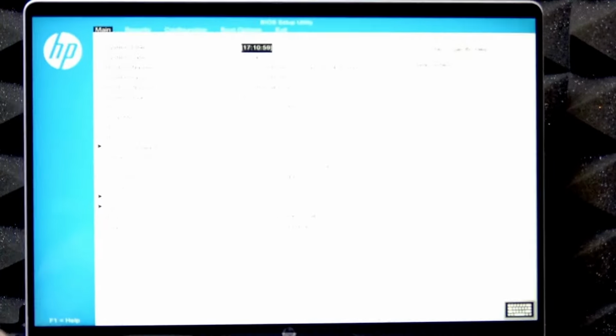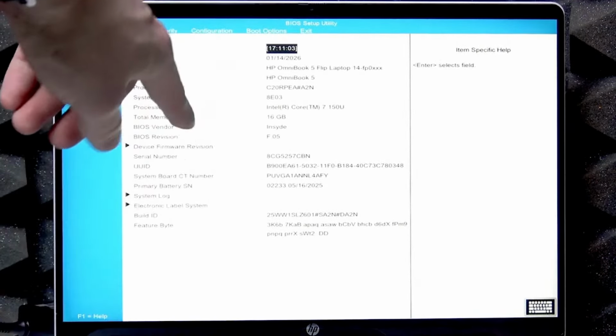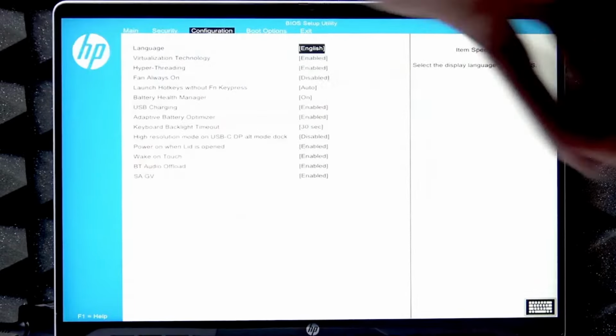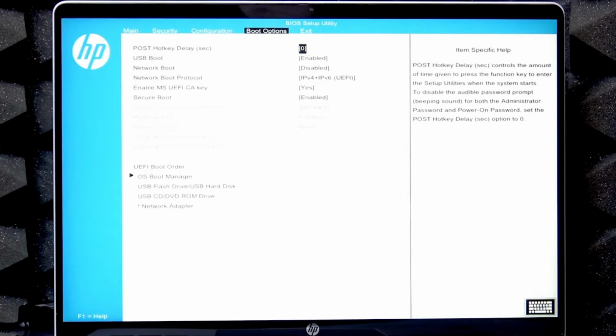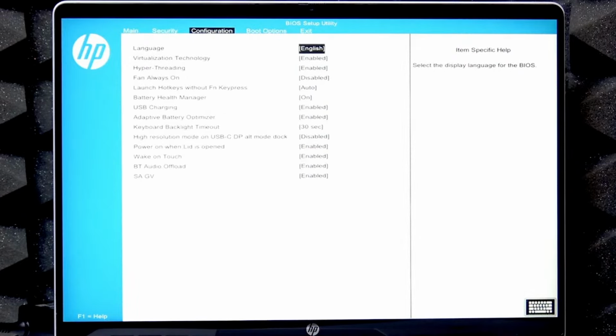And once you are in the BIOS menu, you'll be able to navigate using the touchpad of your device, or you can use the touch screen, or you can use the left and right arrow keys to navigate between tabs, and up and down to navigate between options, and enter to select. This way we're going to go to the configuration menu and then select keyboard backlight